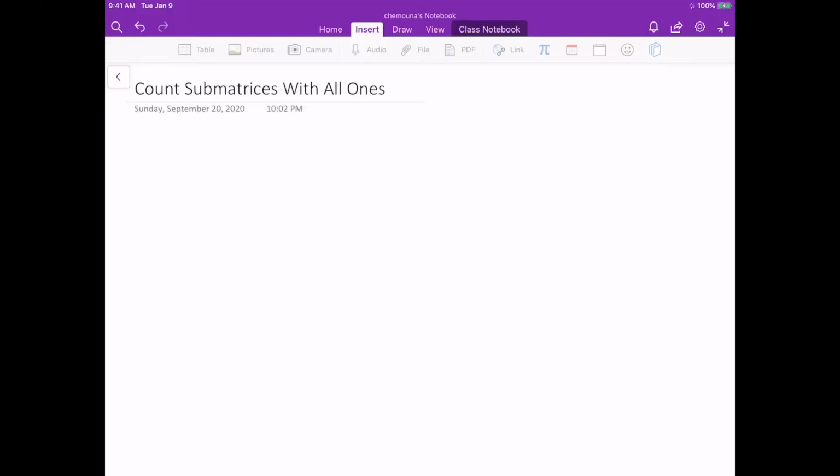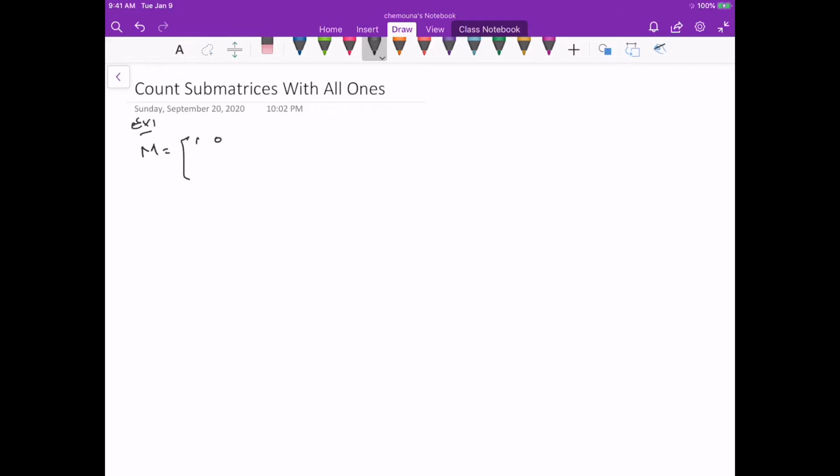Okay, so how can we solve this problem? The first thing we can think of is, if we are going to solve it with brute force, how can we do that? Let's first take the example matrix that we had, which was example 1. It was 1 0 1 1 1 0 1 1 0, right? Okay, so with this one,